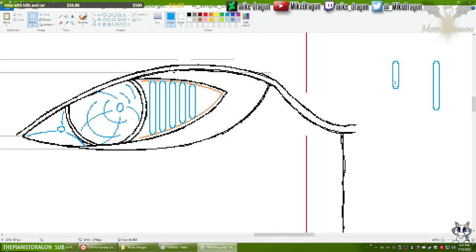Needs to be shorter. And just one more, which needs to be shorter.